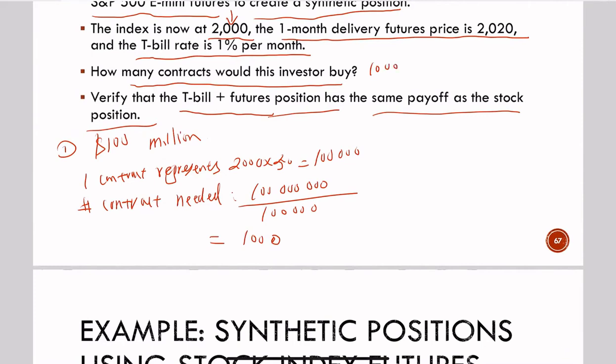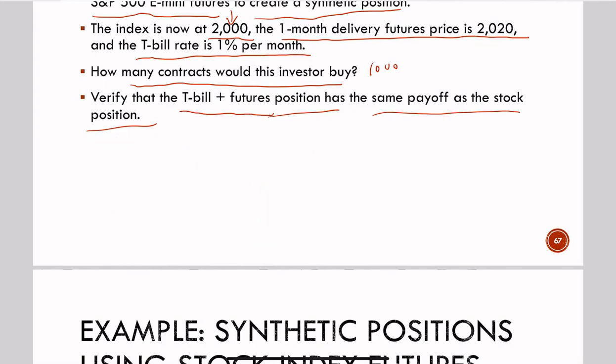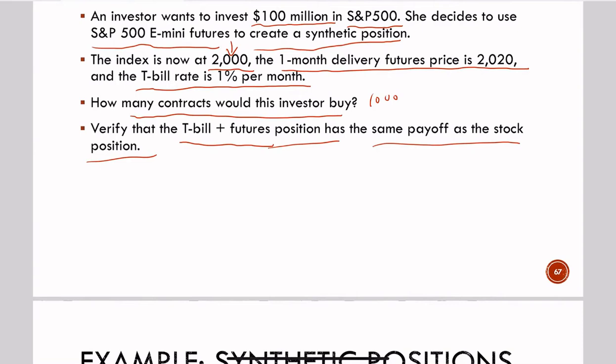Now second, it says verify that the T-bill plus futures position has the same payoff as the equity position. So now let's first think about the stock position. That is, you actually use this $100 million to buy this SP 500. And you know that you have $100 million. So in this case, you can see you can buy how many shares? So let's assume the per share price is 2000, right? So you will buy,